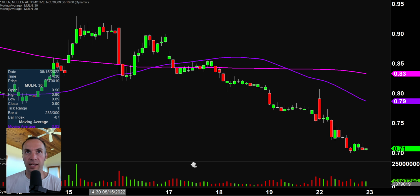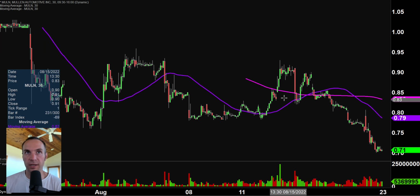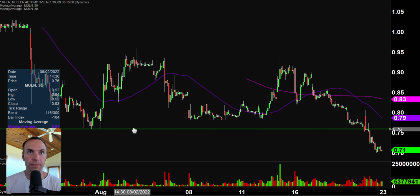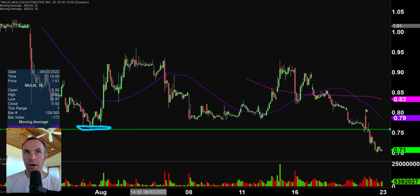But to offer up more context, after a very nice apparent move to the upside, the bears are back in full control. And I say that because the price is now actually back down below these lows right here, which just illustrates how rough today got. Gap up, price came down, and it's not that it was a gap and trap that made it so bad, and it wasn't that it was a red day that made this so bad, but from a technical point of view, again, going back to the fact that the price is now broken down below those lows, and not only slightly broken below them, but broke and then just kept on bleeding,